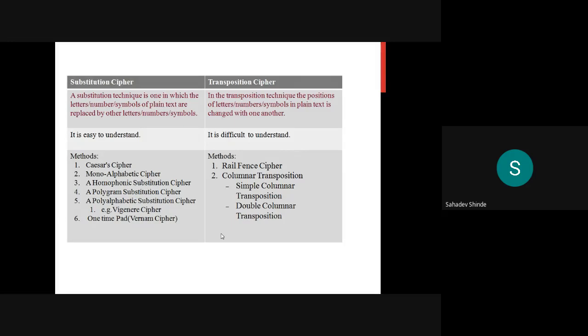The methods of the transposition cipher are the rail fence cipher, columnar transposition, simple columnar transposition, and double columnar transposition. This is the simple difference between the substitution and transposition ciphers.